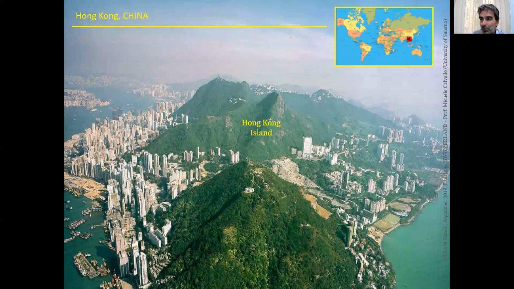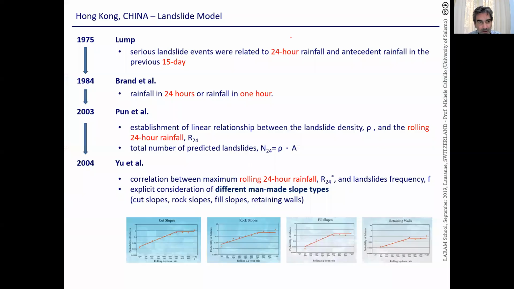Finally, let me close this brief illustration of case studies and places in the world by going to Hong Kong, where the first ever landslide early warning system was developed. As you can see, the city, similarly in some way to Rio de Janeiro, is hilly and has a lot of developments alongside the hills. So there are situations that could be defined similar.